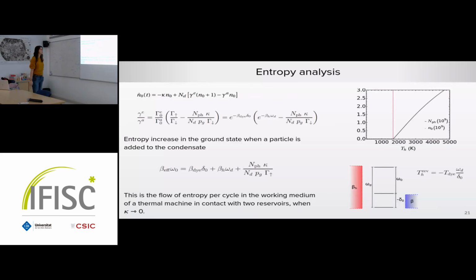This is a simulation, so the number of particles in the condensate and the total number of particles in the gas, well, they overlap because this is just too big. And the red line is the reversible limit of the heat engine. So the condensation happens precisely at the reversible limit. That's because the losses are quite small in the system.